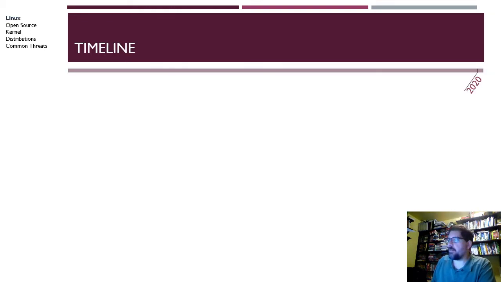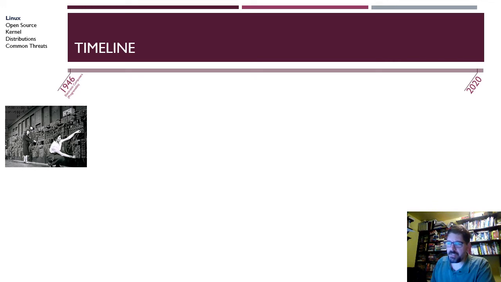So let's get started. First, let's look at the timeline for Linux. This course is about Linux, so I think it's important for us to have some background in Linux. I'm sure that a lot of you probably have seen something similar in other courses, right? So pretty much every Unix or Linux course you'll take, almost always they start with some background in history in Linux, and this one's no different. So I'm going to give you my take on the background and the history. Starting all the way back in 1946, and it's important for us to remember that when the ENIAC was created in 1946, which is a long time ago, right? Just at the tail end of World War II,